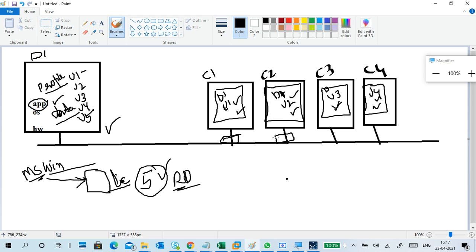A normal desktop to run the application and all, you need at least 20 to 30,000 rupees. You have to put in minimum 15, 20, 25, 30,000 depending upon what processor and RAM capacities you are using. So this is more cost on my PC. So better I take one high configured PC, install all applications, buy Microsoft licenses, and access it remotely. So then we can access the system. This is called a thin client, and the second one is remote desktop licenses.